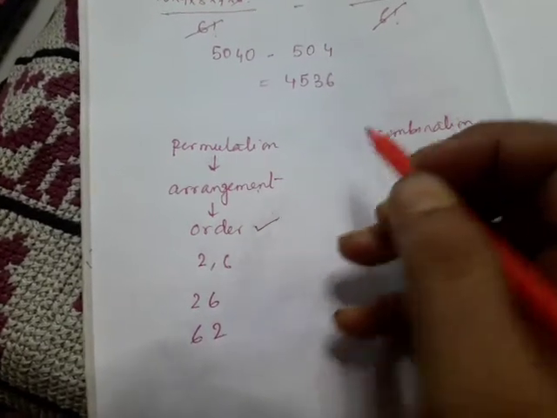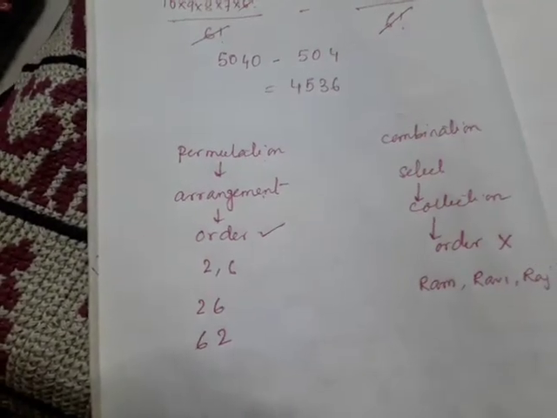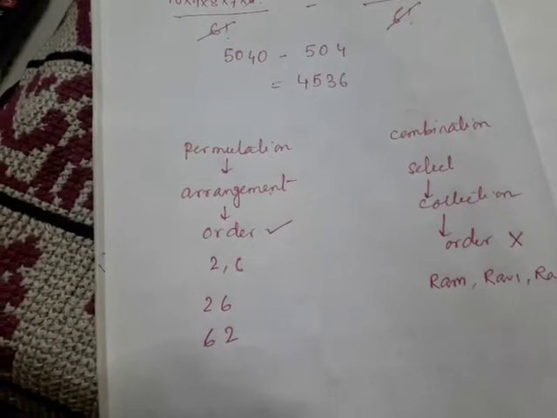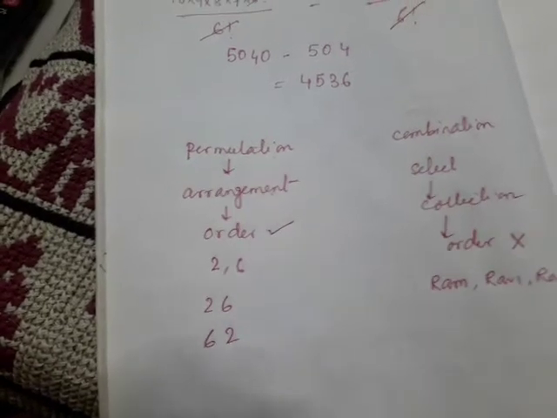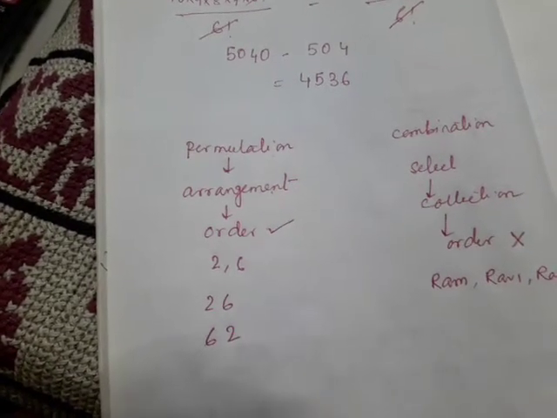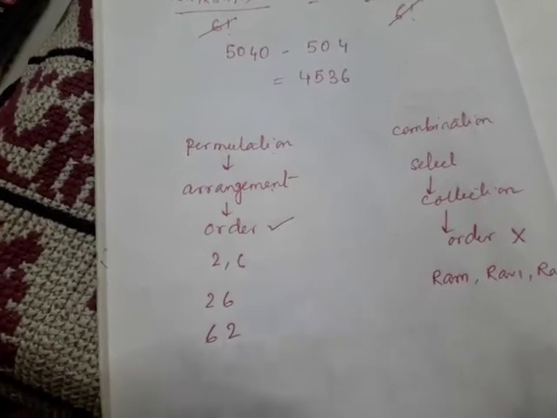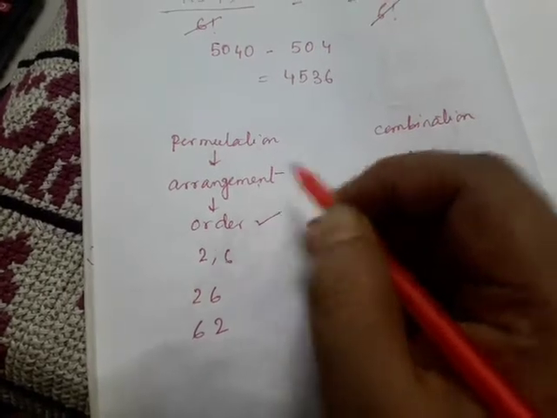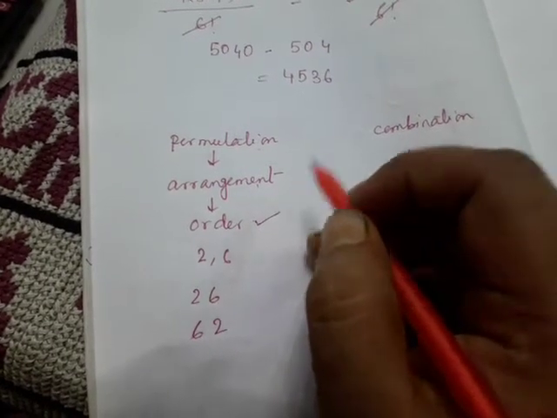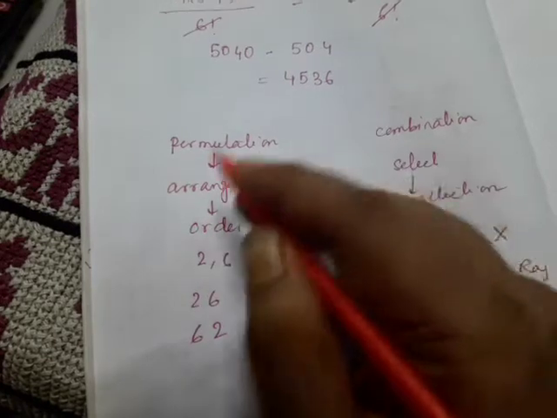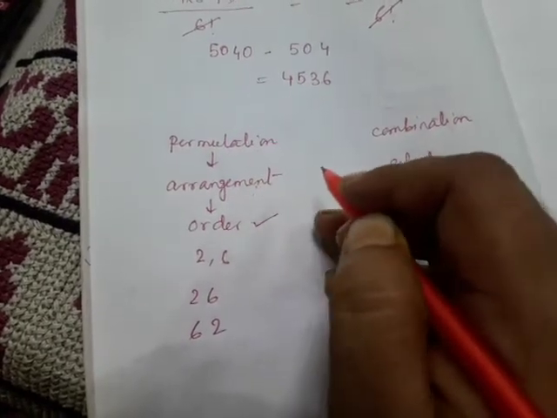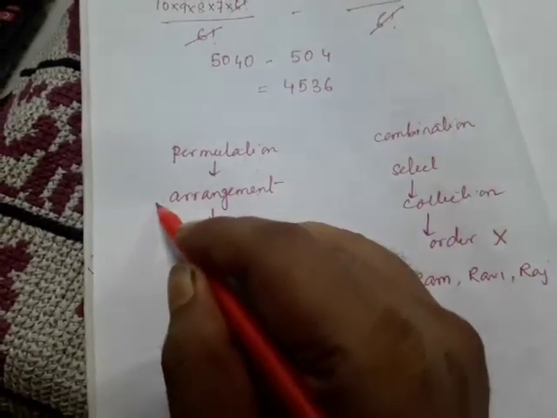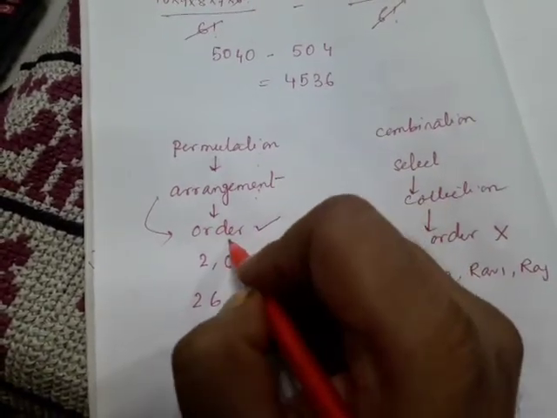You will be asked how many different numbers, either 2 digit or 3 digit or 4 digit, whatever the question may be, can be formed from those given numbers. So you have to arrange and make the required arrangement to form the numbers. That arrangement to get the numbers from a given number of digits is permutation. Now in permutation, order is important.